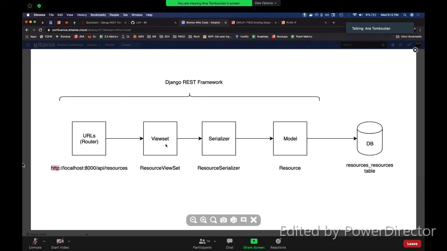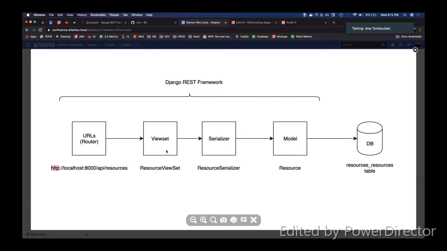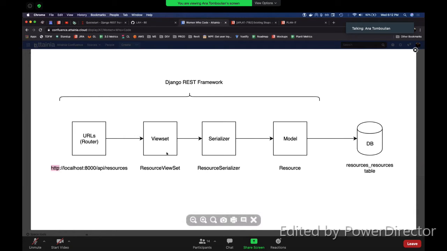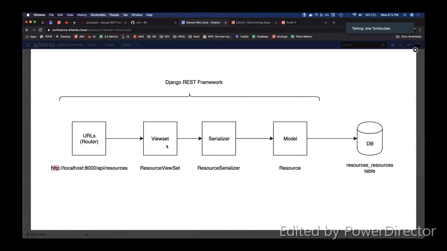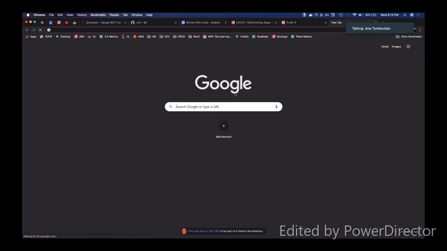And then the view set is the layer that says, okay, what HTTP methods do you want to do? Do you want to create a resource? Do you want to edit a resource? There's a put and patch, and we'll go over that. Do you want to get a resource, or do you want to get a list of resources? So I don't have to just get one at a time, I can get multiple. And just so you know, resources, when we're talking about this,